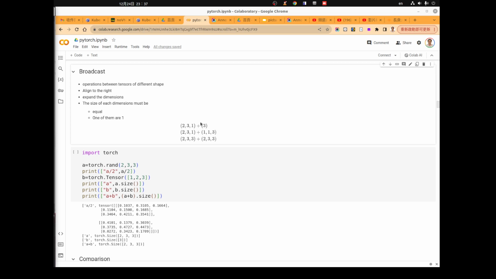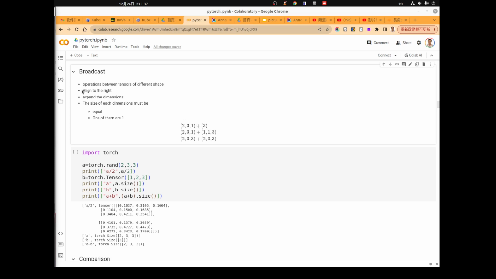So for example, if we add a tensor whose shape is 2, 3, 1, to a tensor which has only one dimension.